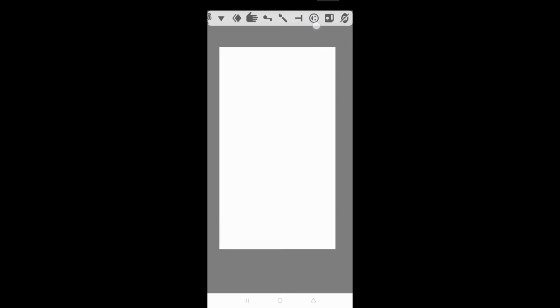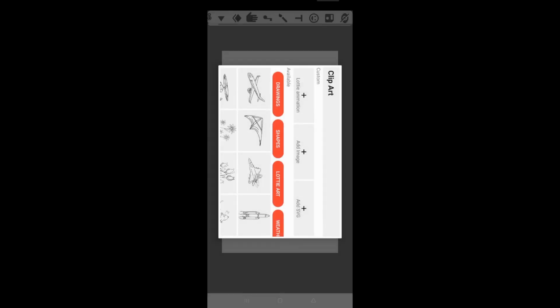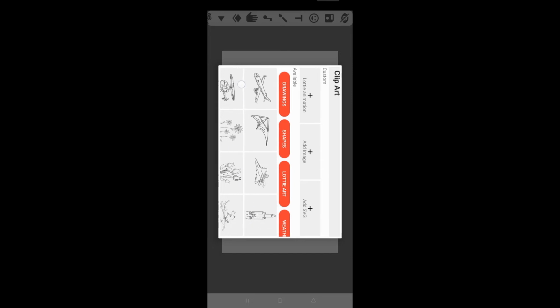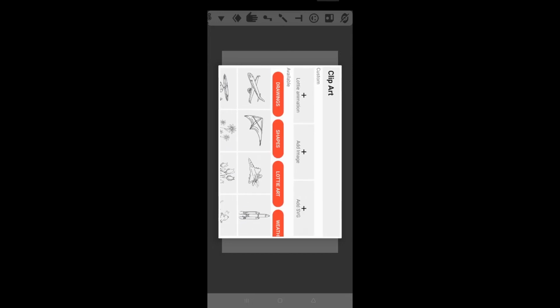And another one, like this icon. When you click here, this is just one clip art group. By this group you can choose your animated videos and sketches.